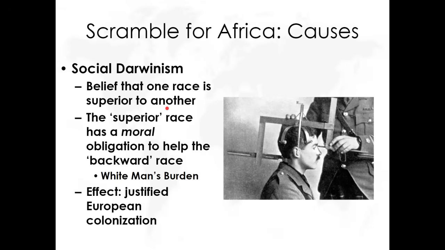Okay, so some impacts of, or sorry, not impacts. One of the ways Europeans justified their imperialism in not just Africa, also South Asia, Southeast Asia, is going to be social Darwinism. So social Darwinism is this idea that one race is better or superior to another. Basically, think about the race of most Europeans. It's mostly white. And the people they're colonizing are black and brown. So they're saying that since their race is quote-unquote superior, then it's actually their obligation to help the other races.